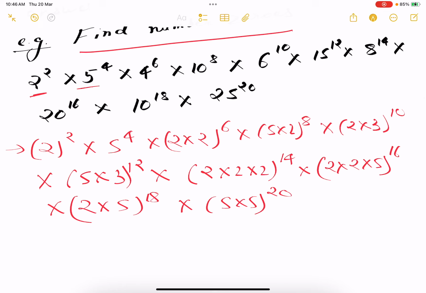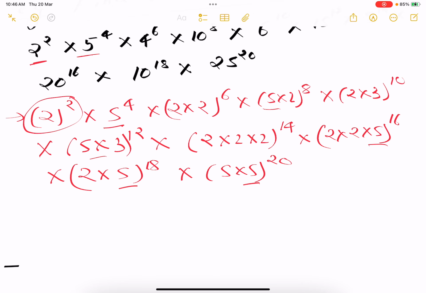Now we can see that the number of 5s are in this and this. We can see that this one of the 2 is more, this 2 thing is more। Okay, so we can say that number of 5 is definitely less than the number of 2s here, so we'll try to find the number of 5s only over here।